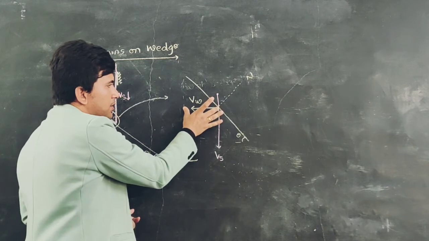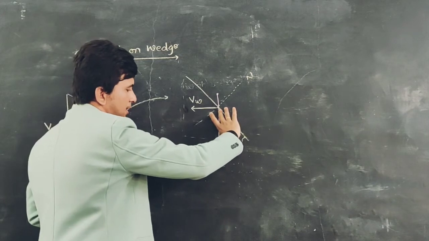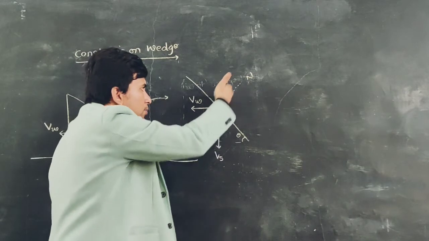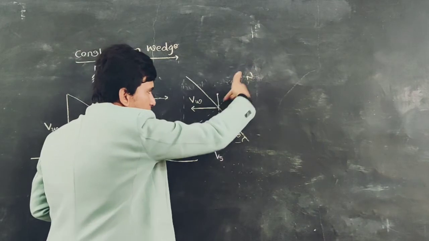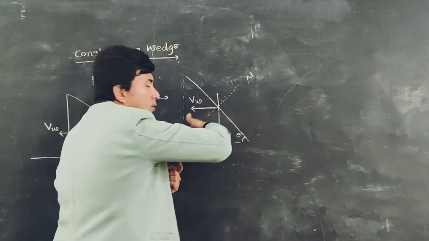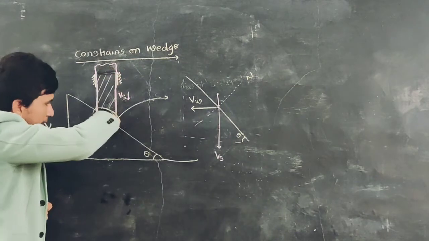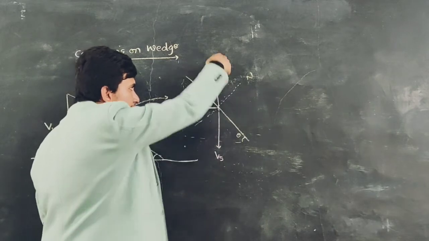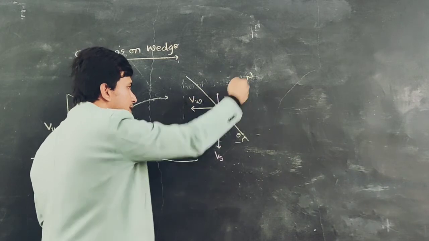This wedge velocity is having certain component here, and this slider velocity is having a certain component. The velocities along the normal should remain same. Otherwise, suppose what will happen, this slider is imparting some velocity along the normal and this wedge is having a different velocity. That means if these two velocities along the normal don't match, the surface becomes penetrated. That means the slider will try to penetrate inside, which we don't want. That means the constraint is that the slider's velocity along this normal should be same as the wedge component's velocity along this normal direction.